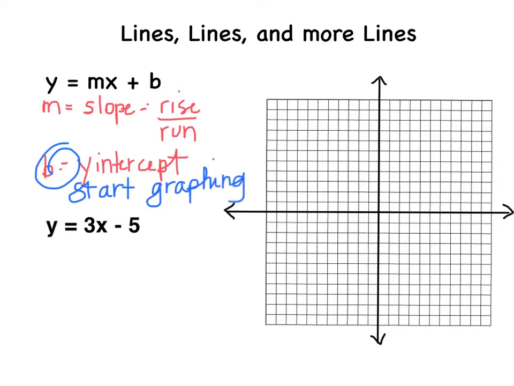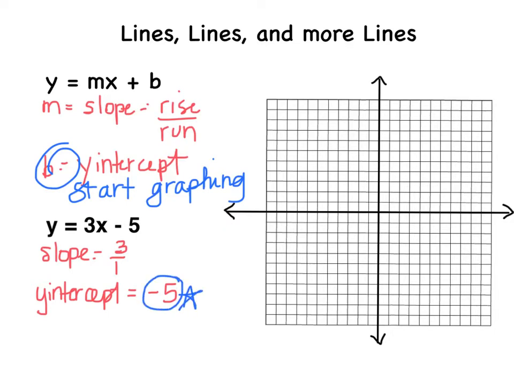So in this example right here, 3 would be my slope. If there's no run, I'm going to put it over 1, so there's a run. My y-intercept would be -5. So I'm going to take this -5, this is where I start, and go to the y-axis on my graph and go to -5